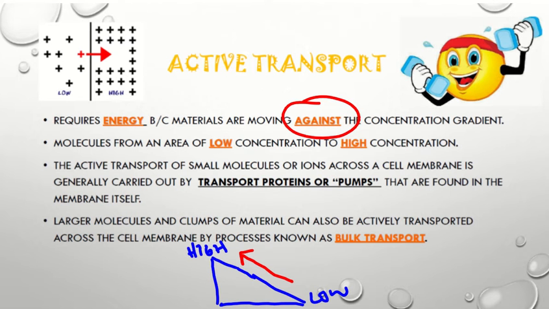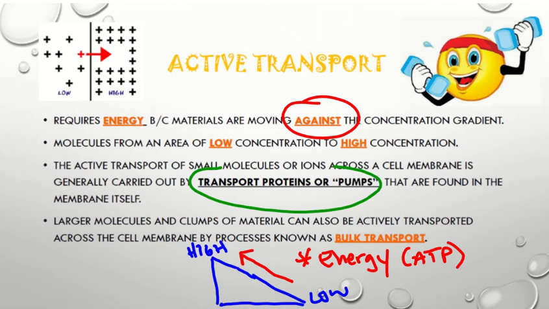We call this moving against the gradient. And in order for this to happen, this requires energy. And our energy is in the form of what's called ATP. That's the energy molecule processed by the cell. Now we'll focus on two ways that this happens. One is using protein, in what's called a protein pump, kind of similar to facilitated diffusion, but going from that low to high concentration. The second is what's called bulk transport, and this is when we are going to use